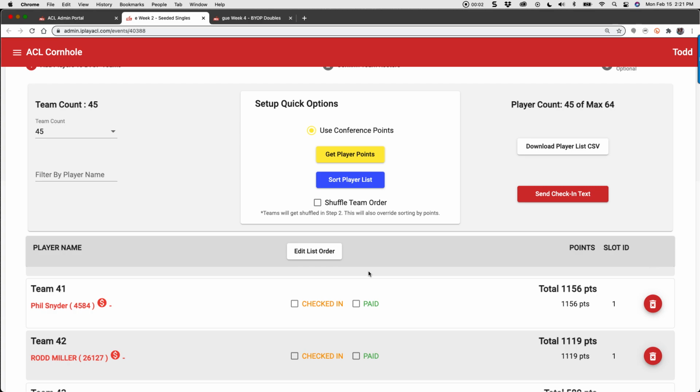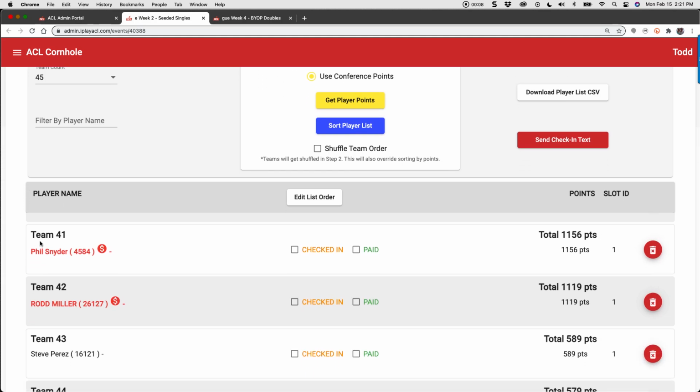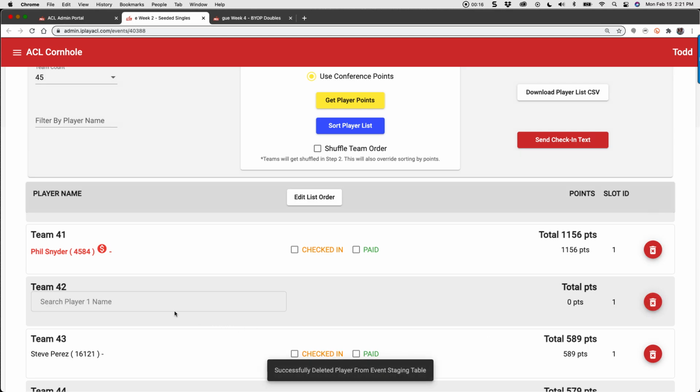All right, just want to share with you how to delete players from a seeded event. Blind draws, it's pretty easy. You just delete the player and the list will shoot up. But if I go ahead and delete a player from here, you'll notice that I've got a gap in